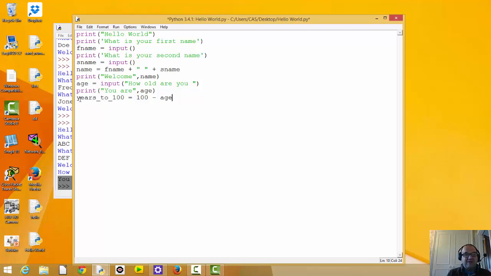Another good thing about variable names. Out of interest, variable names can't start with a numeric digit, but they can contain numeric digits. And we use, by convention, lowercase alphabet for variables. So this should do our 100 minus our age and put it into a new variable called years_to_100. And then I can say something like print